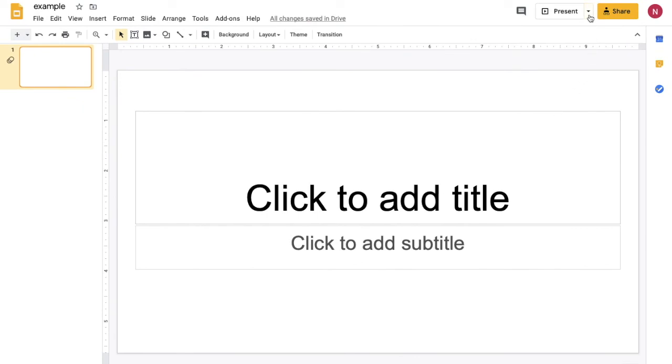And also next to that Present button, there is a triangle and a drop bar that allows you to choose